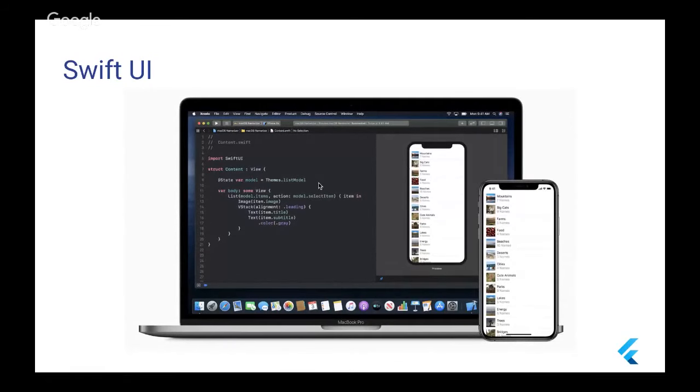And now we have more benefits than SwiftUI or Jetpack Compose because Flutter is now stable. Flutter 1.5 is stable. We have a lot of widgets, but SwiftUI or any other technology is still in alpha or beta. So all the companies now are trying to think exactly the same way Flutter thought three years ago.